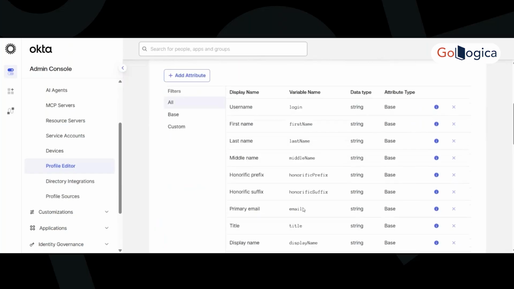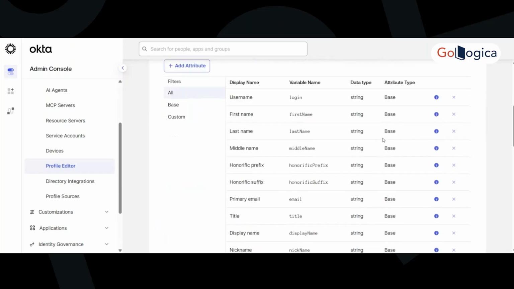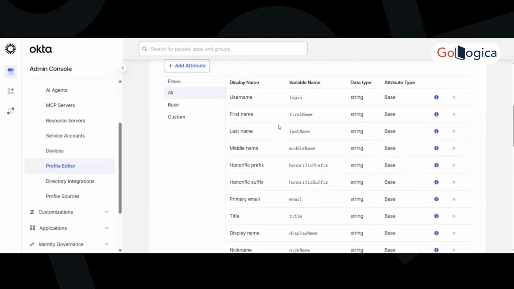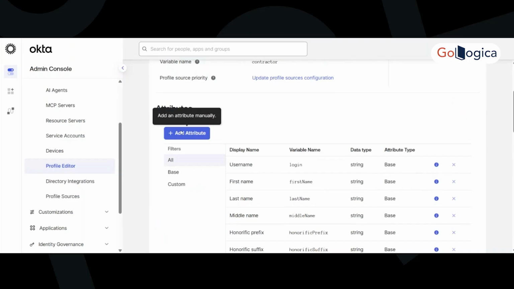Let me show you the default attributes, which are generally in the profile. It is the same as the ones we saw in the profile of the user, Ronak, if you remember. Username, login, first name. You will also see the data type and attribute type. There are two types of attributes, base and custom. Base is something which is already there, predefined by Okta. But suppose we need our own custom attribute, we can create it by clicking here, Add